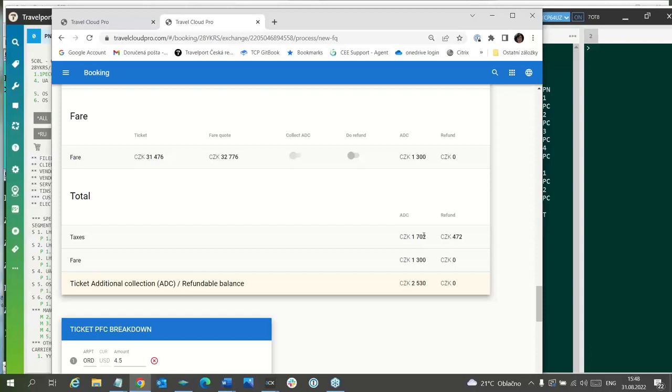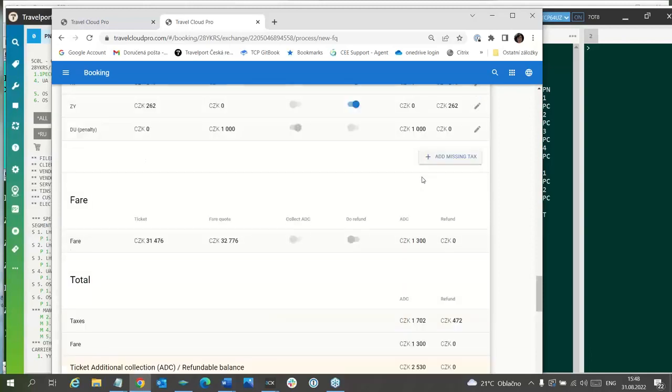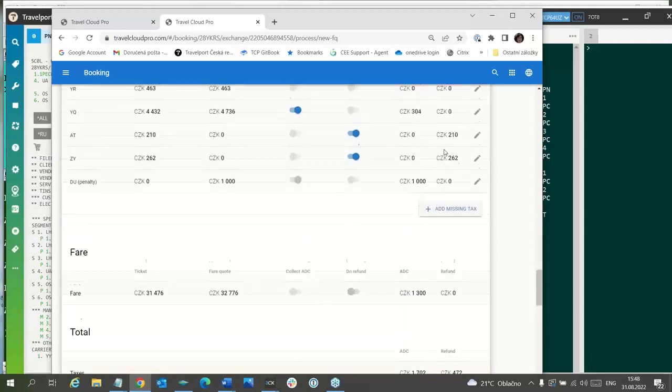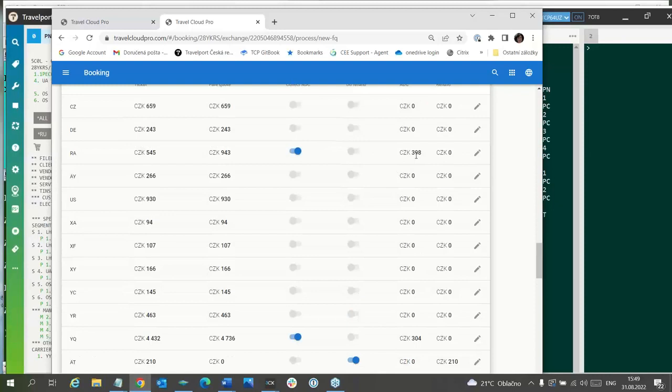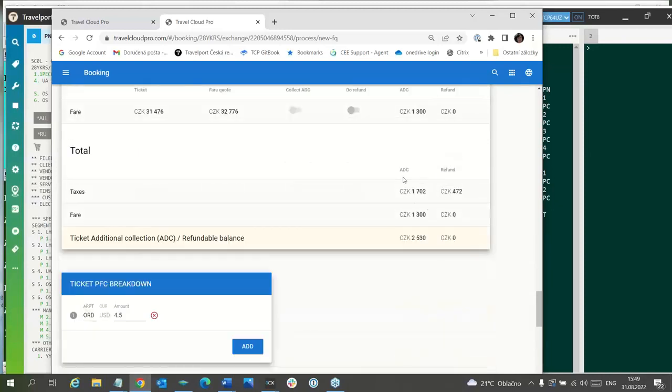So the new taxes are this amount, 1,000 for penalty, and then this amount 304 and this amount 398. Together, everything together is 1,702, which is additional collection for new taxes, and refunded taxes cannot be deducted from this amount, but they can be deducted from this amount.